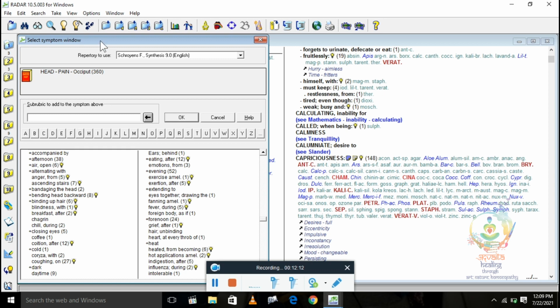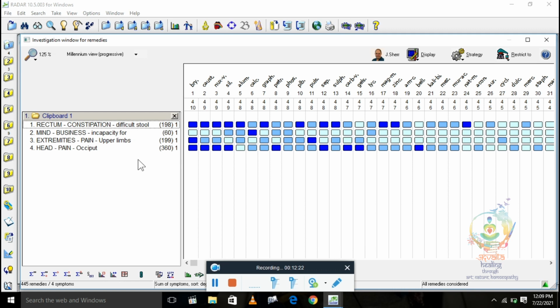Okay, and recording it with clipboard 1. Okay, and then you can click here on the bar graph, or you can click on clipboard 1 and the analysis will appear. Okay, so this is about recording rubric and the analysis part.